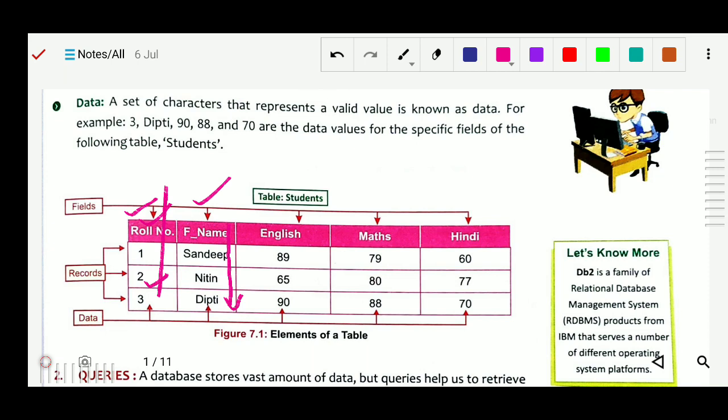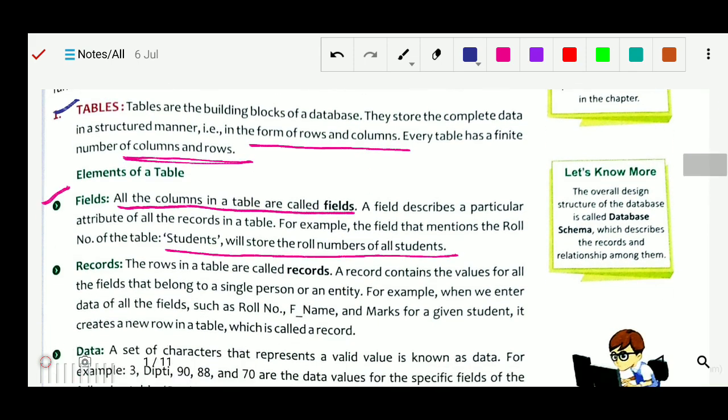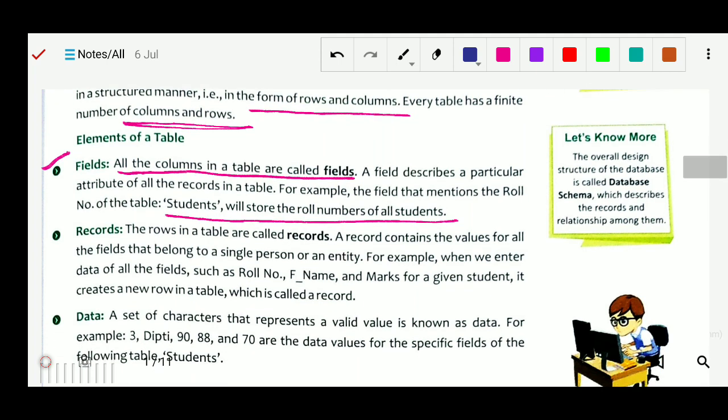Likewise, English marks will be there only. So roll number, father name, English, math, these are all fields. All the columns in a table are called fields.